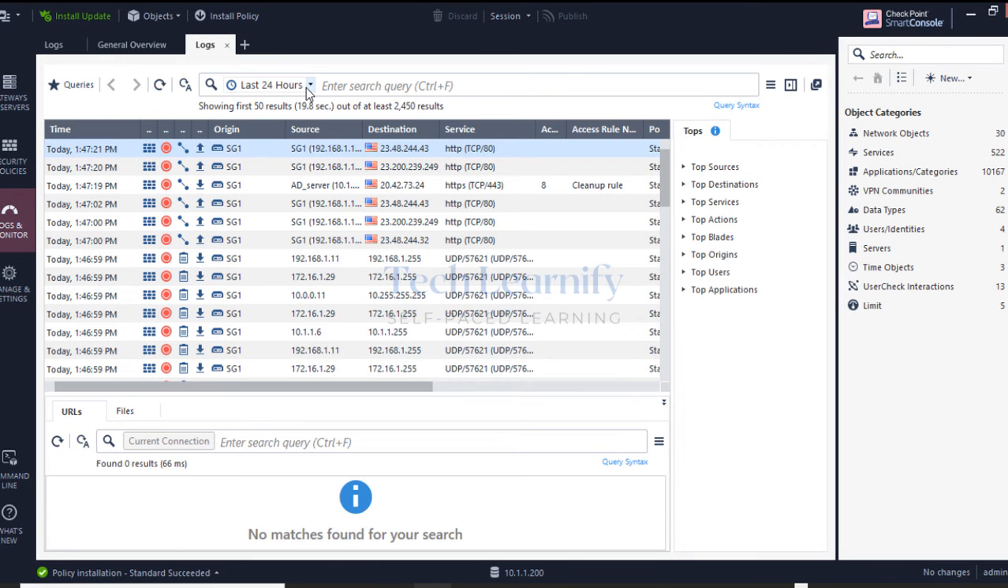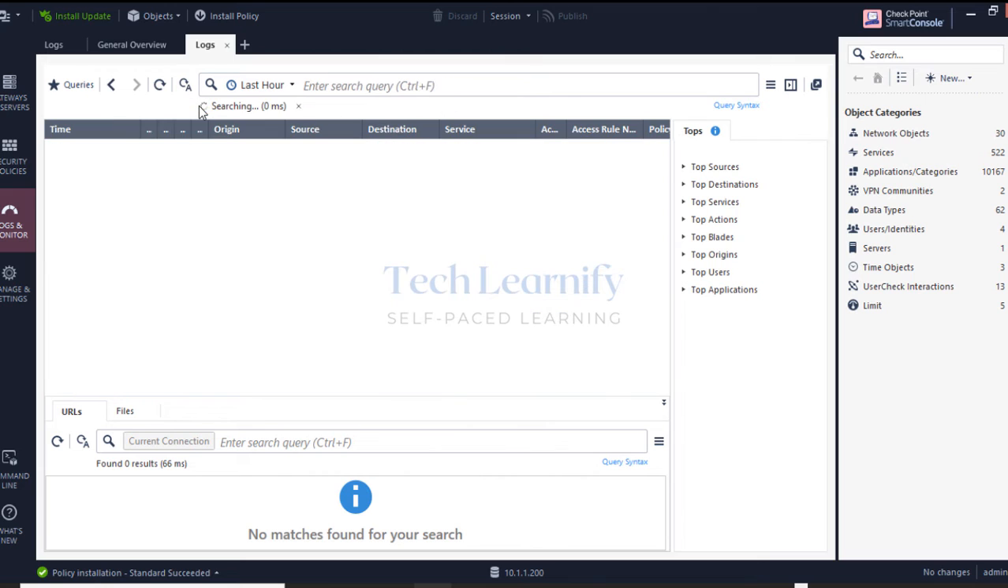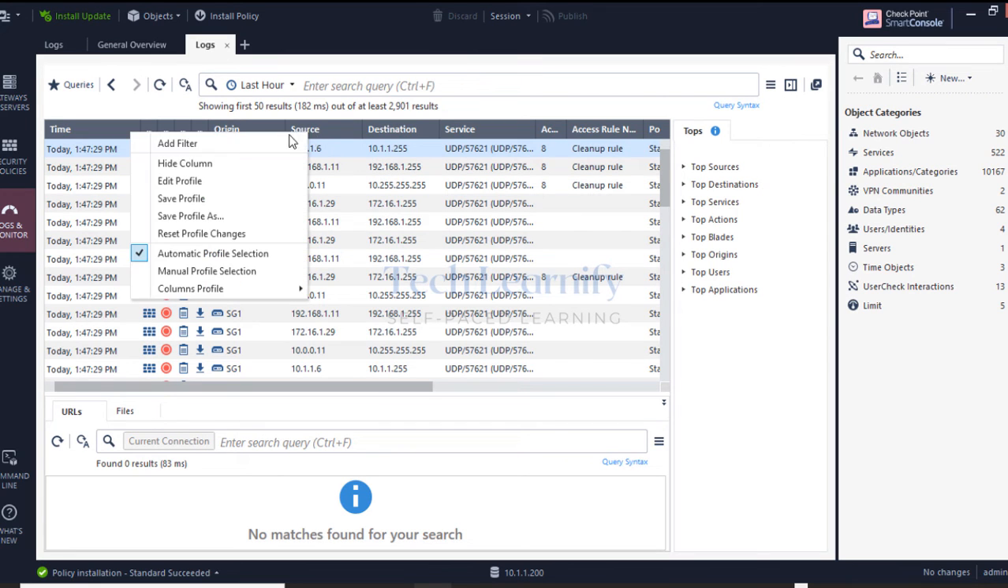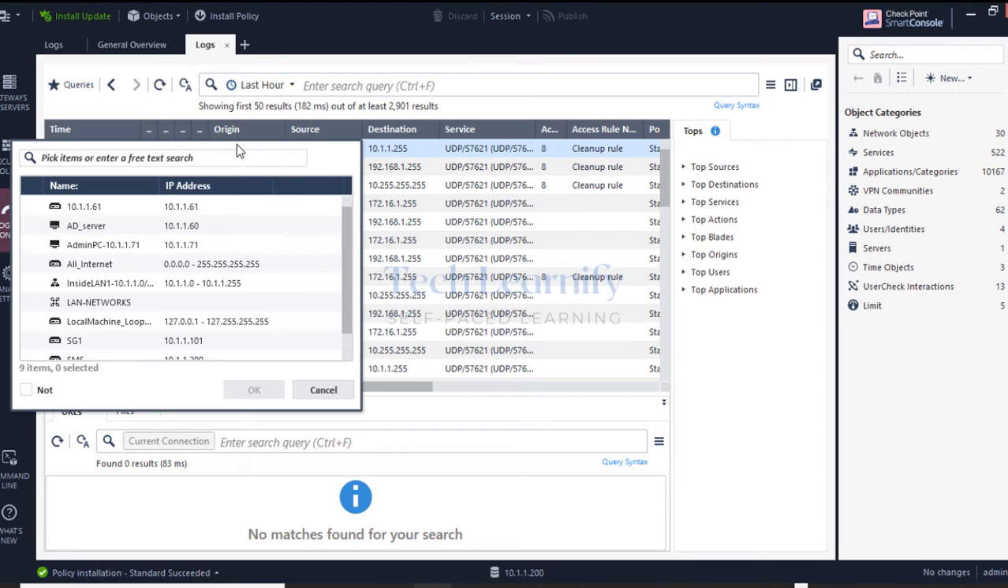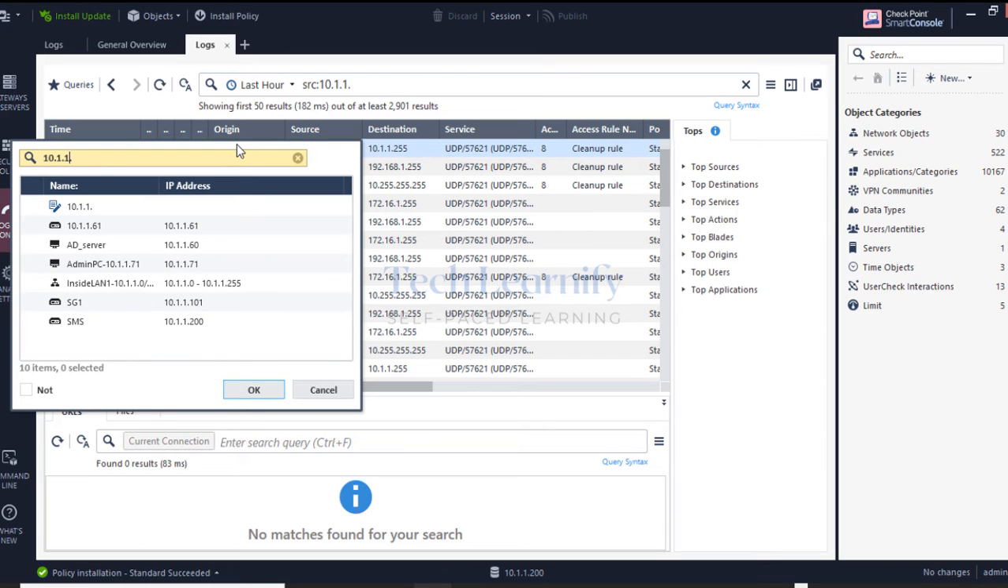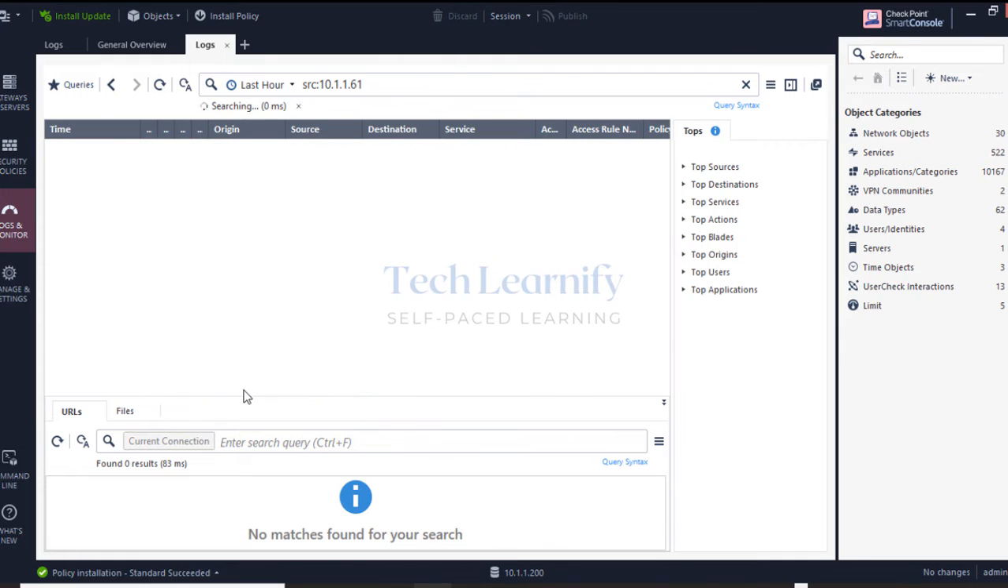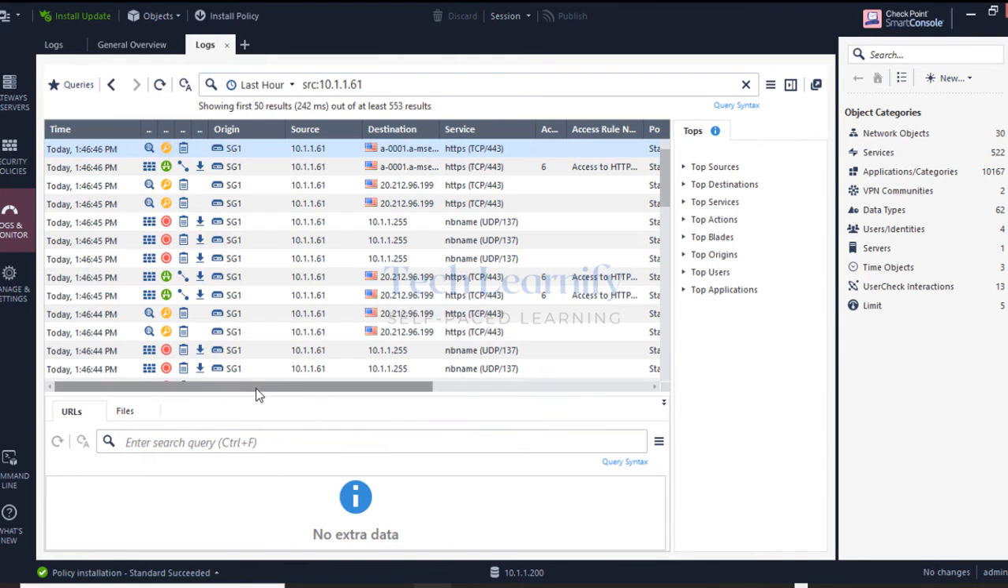Maybe too many logs here, but I'm not interested in all log messages. We can apply a filter here, and the filter I want to put is based on source address. So source IP 10.1.1.61. I'm interested only in seeing this log, and if I check any log message,